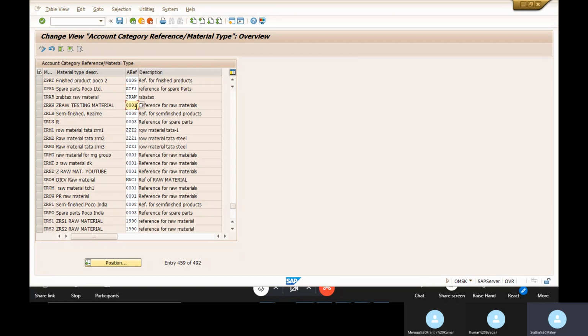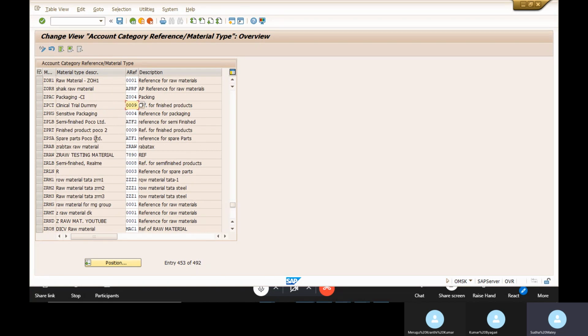For this ZRAW, I want to take my account category reference as 7890. Automatically the valuation class 7890 is assigned to this ZRAW. So when you're creating a material with ZRAW, you need to give your valuation class as 7890, because the 7890 valuation class is assigned to this account category reference.